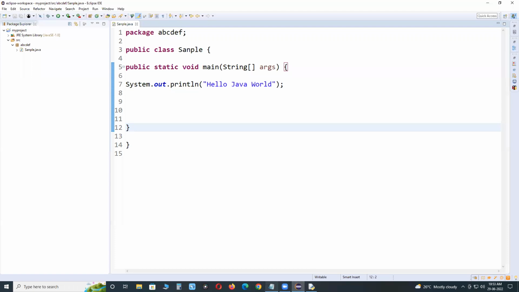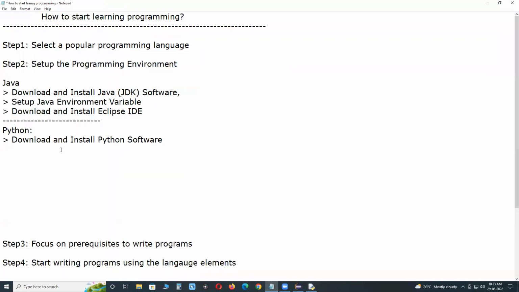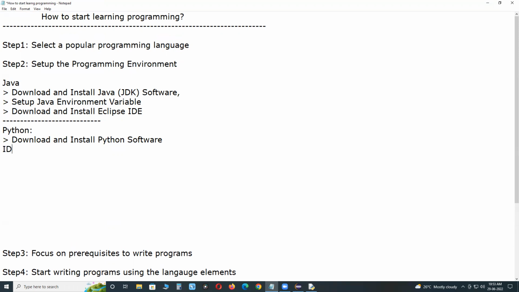Just a minute. For Python, download and install Python software. That's it. After installation, you can get Python IDLE, Integrated Development and Learning Environment, or Python shell.